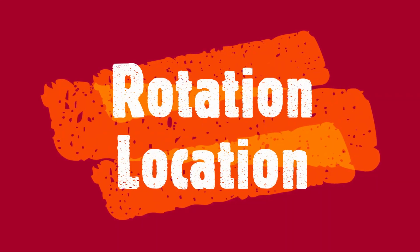The third location is talking about the limits of food, and so I call it the rotation location. Believe it or not, food does expire, and we are storing it, and so we have to store it in such a manner that we can get the most benefit from it. I've known lots of people who, we've had animals over the years, and people who have donated their food storage to the animals, because they're just dumping it. It's all expired. They didn't use it. They stored it, but now they have to throw it away